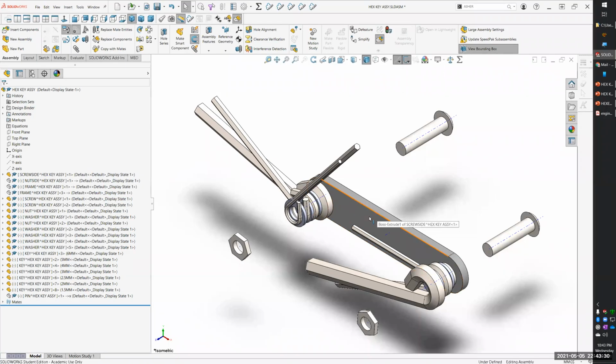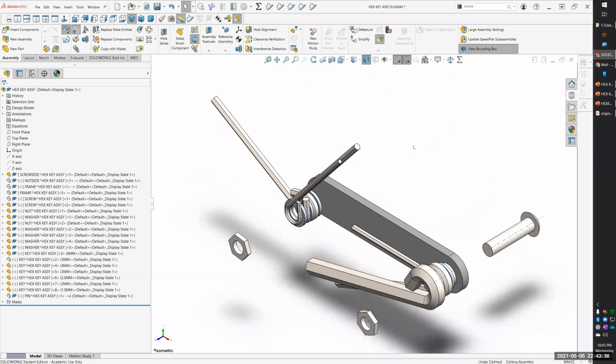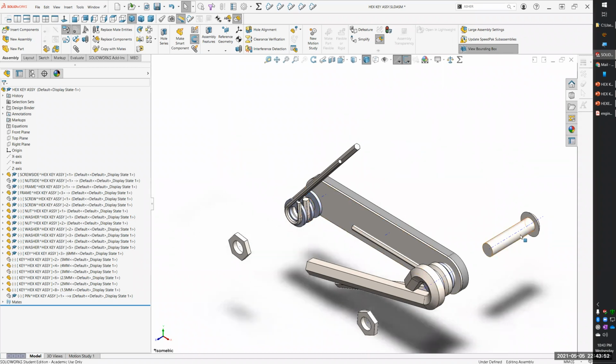Again, hiding components: just hover over it with your cursor, hit Tab, and they'll be hidden away. You can then hover over it if you remember where it was, or get close to it, and do a Shift Tab, and it will bring them back. Now, if you can't remember where they were, if I hit a whole bunch of things and I didn't remember which ones I hid,